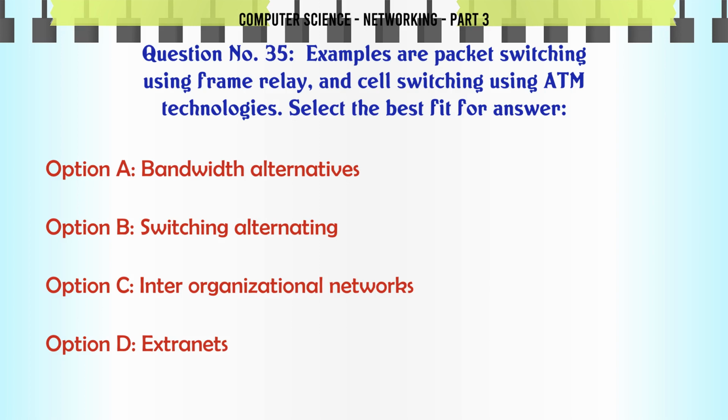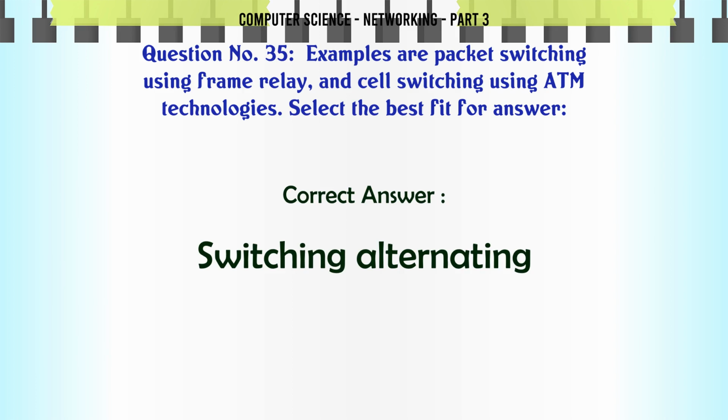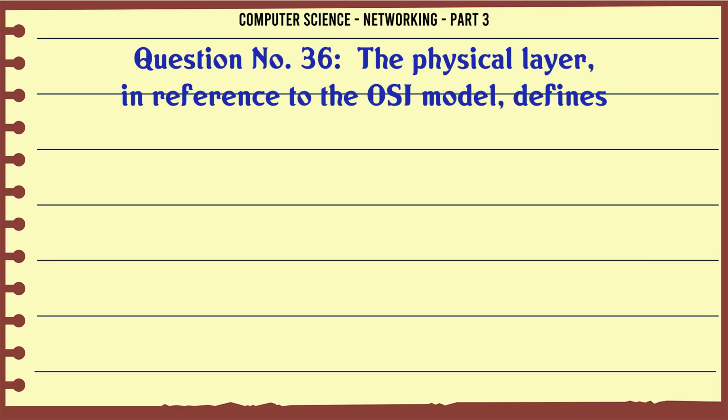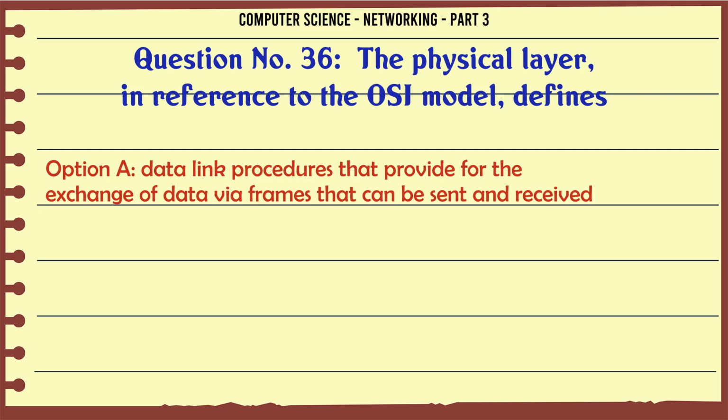A. Bandwidth alternatives. B. Switching alternating. C. Inter-organizational networks. D. Extranets. The correct answer is switching alternating. The physical layer in reference to the OSI model defines